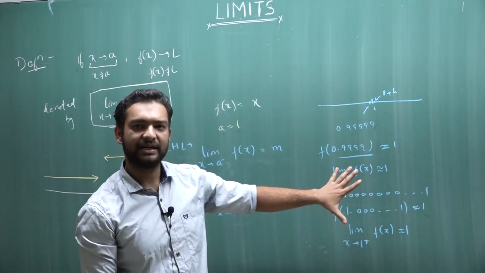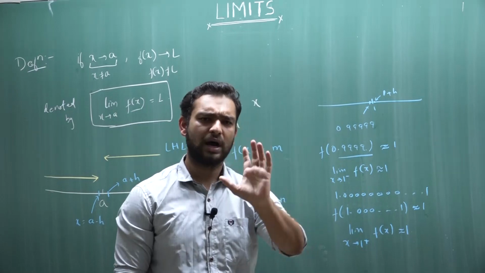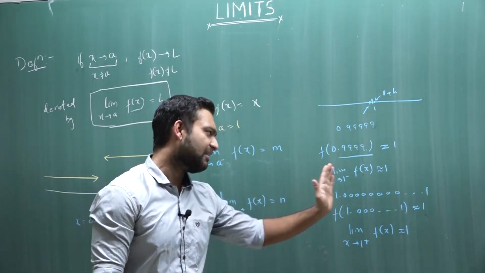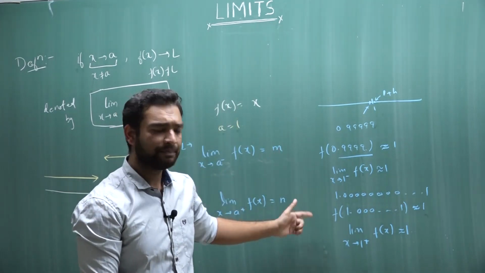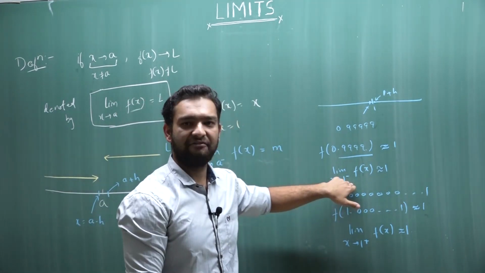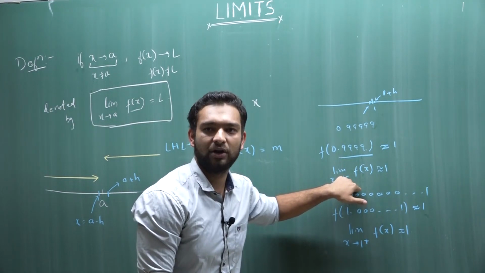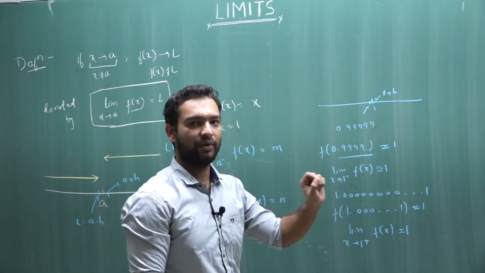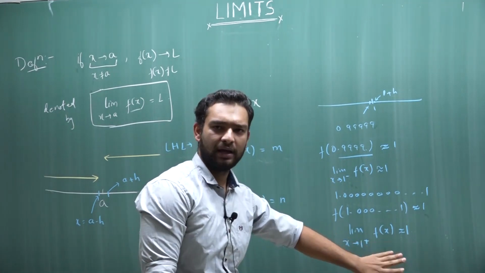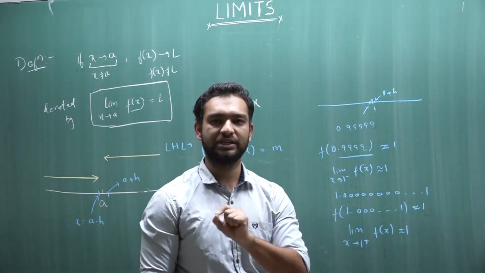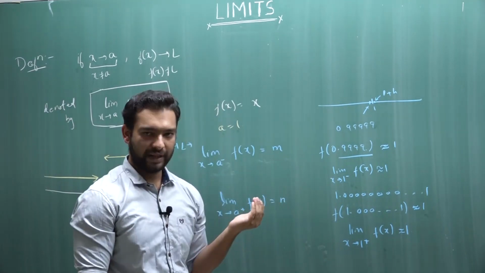The basic definition of limits is: you are tending to a particular value of x, either from the left hand side or from the right hand side. There are two types of limits, left hand limit and right hand limit. When you tend to the value from the left hand side, this gives you the left hand limit of the function at that particular value. And when you are tending from the right hand side, the right hand limit gives you the value to which the function will be tending when you move to the point.